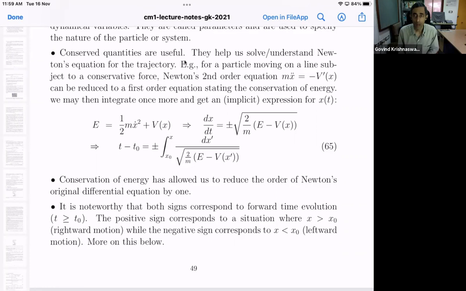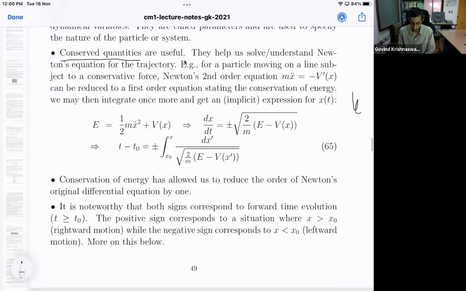Yeah, so last time we were speaking about conserved quantities. We had defined what we meant by dynamical variables. A dynamical variable was simply a function of position and momentum components. Position components like x, y, z, or theta, phi are themselves dynamical variables. Mass is not a dynamical variable. Mass of a particle is not a dynamical variable.